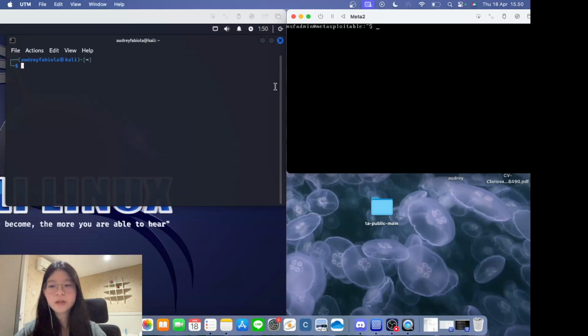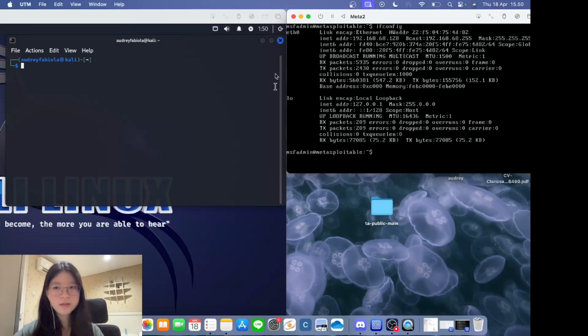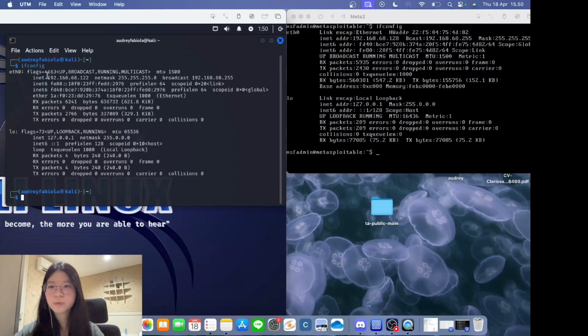So in Metasploitable, you can use ifconfig to get the IP address, and in Kali, do the same thing by typing in ifconfig to get the local IP address, which is right here. Okay, so now you're going to be pinging each other's IP addresses. So in Meta, you're going to be pinging Kali's IP address,